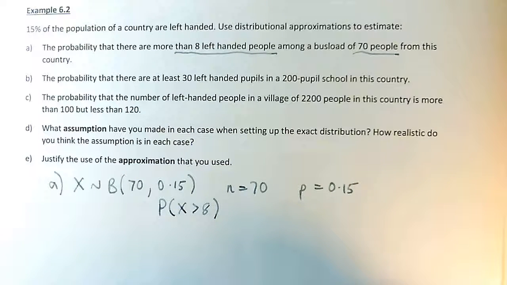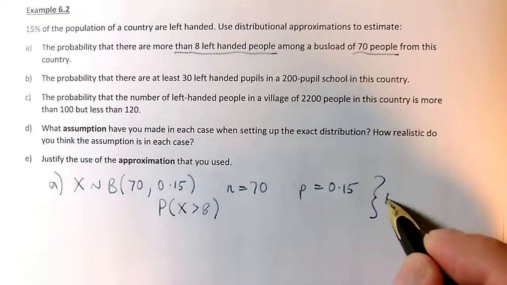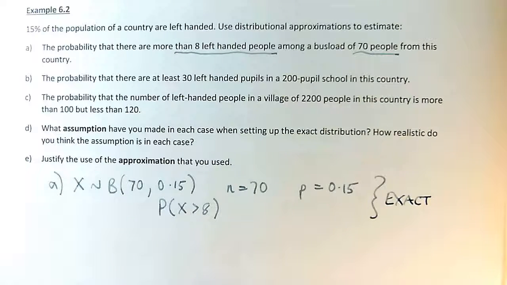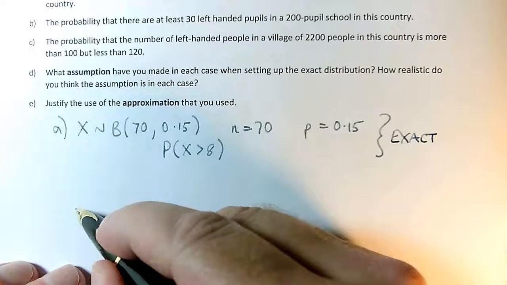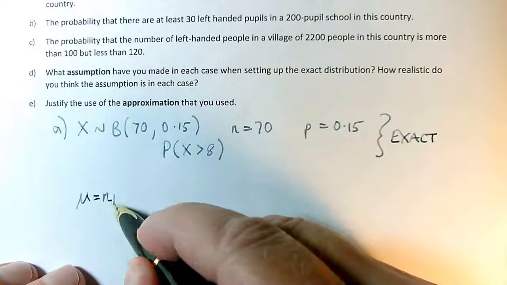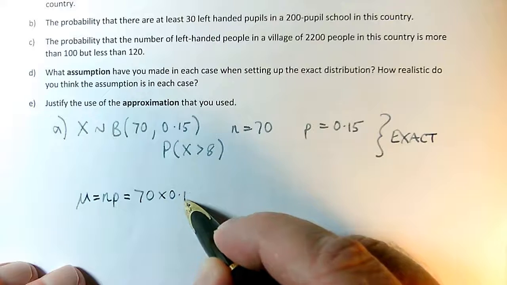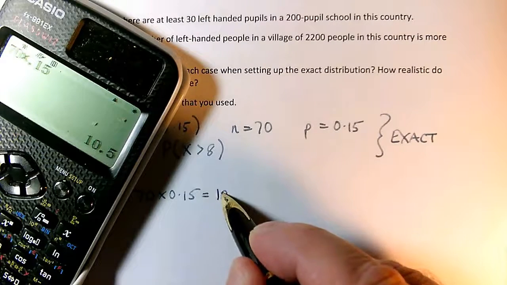Okay, but I'm going to set up a normal distribution. So this has all been for the exact distribution. I'm now going to morph this into a normal distribution, and that will include doing a continuity correction. So for my mu, I need to work out np. That's the formula for the mean, which is 70 times 0.15, which is going to be 10.5 according to my